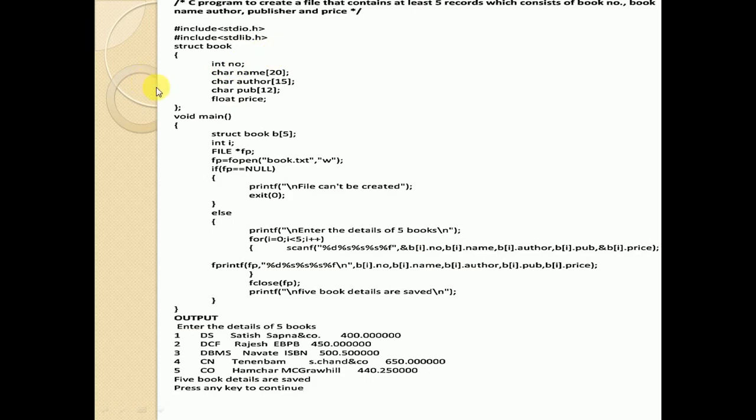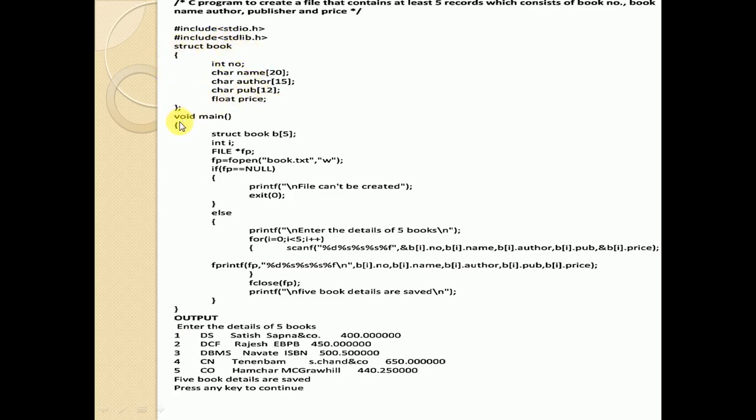So here we used some data types: int number, so it is integer; character name, an array of characters of size 20; then character author, which is an array of 15 characters; then character pub, an array of 12 characters; then a floating point data type which takes the price. By closing the brace and semicolon we are closing the structure book.